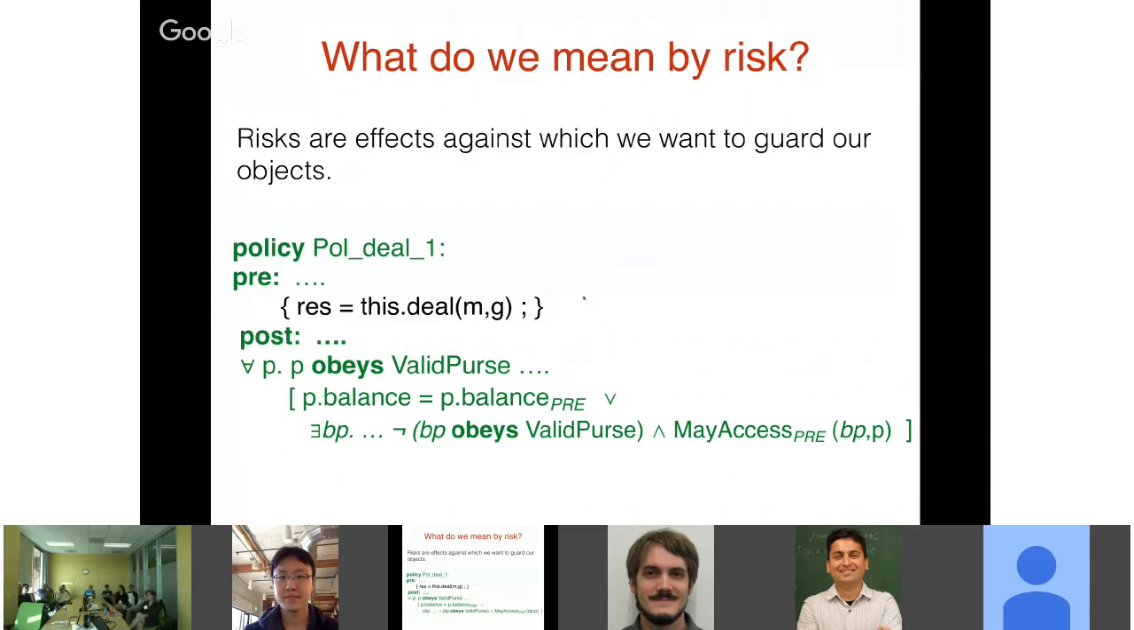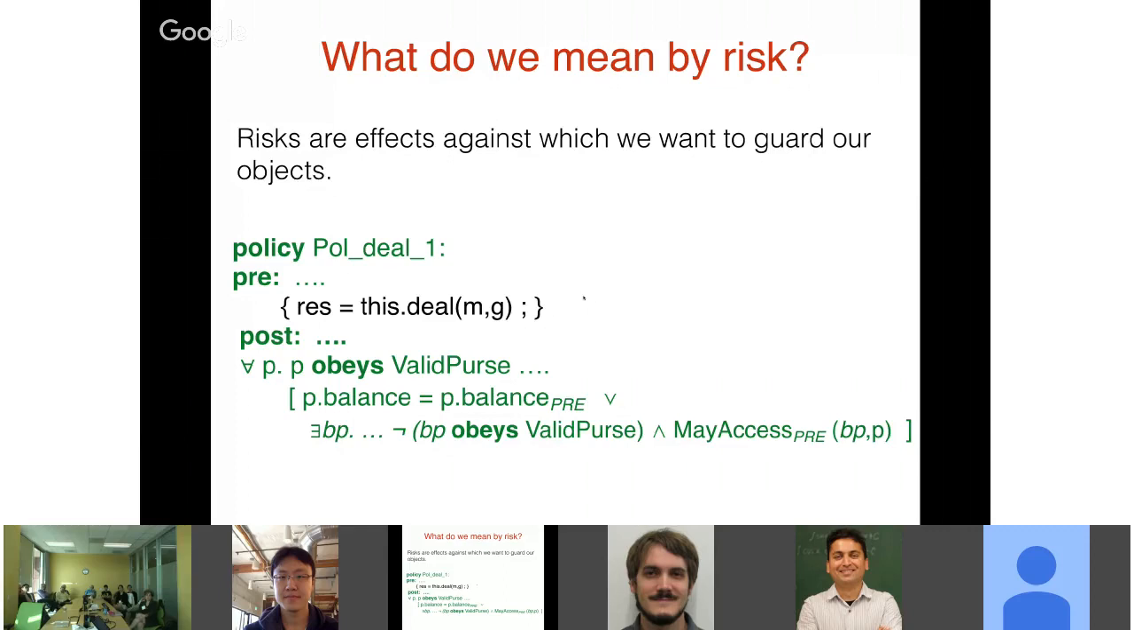Here's an example of the kind of specifications we write. There's a deal method, which is being called on this to do some kind of deal. We get a result. What sort of things can we say? Well, we can say that for all purses P, if P obeys valid purse, so if every purse in the entire universe is trustworthy, or at least every purse that gets close to us is trustworthy, then the balance in the post condition has not changed. Either, sorry, we say the purse's balance has not changed,